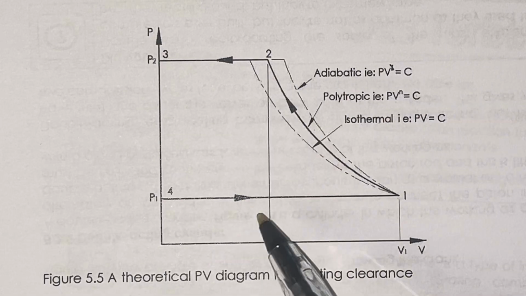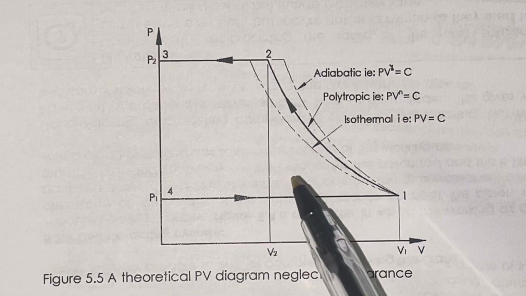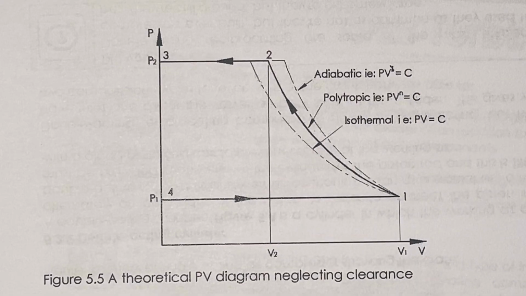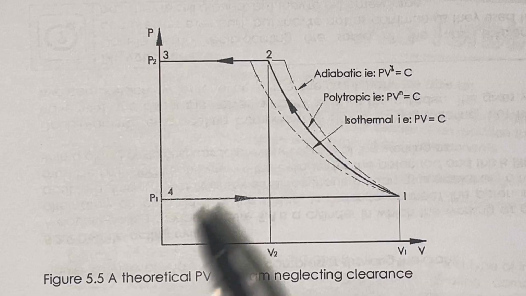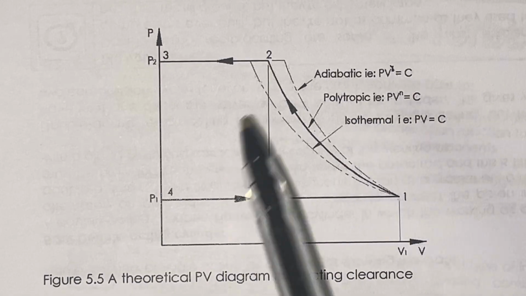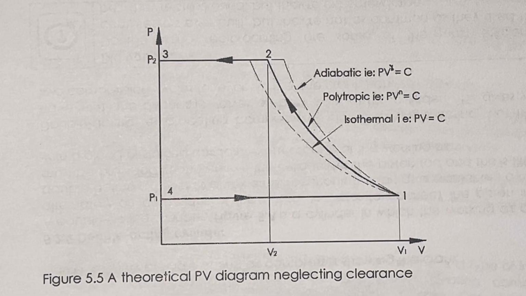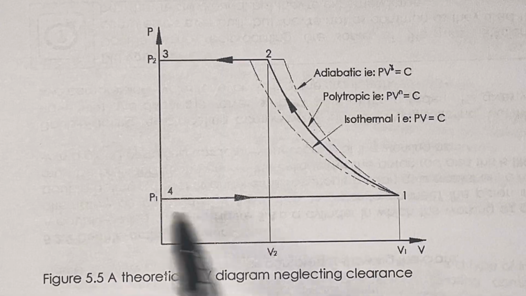Now the air will be delivered when sufficient pressure has been reached so that the valves can be opened. When the delivery of air takes place from 2 to 3, what is there? Air delivery. The delivery of air is taking place between 2 and 3. In brief, if we go from 4 to 1,